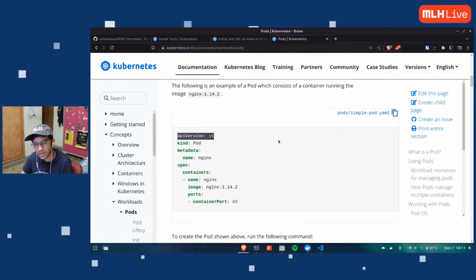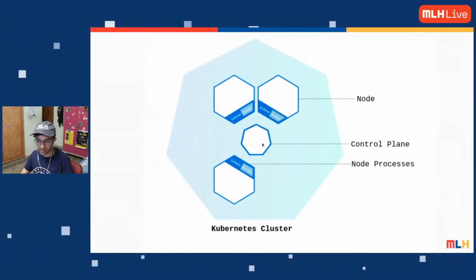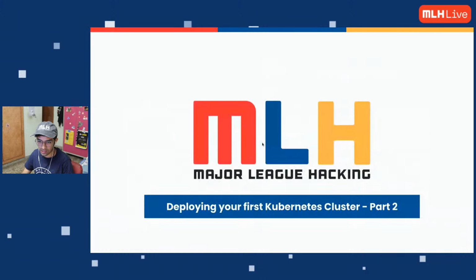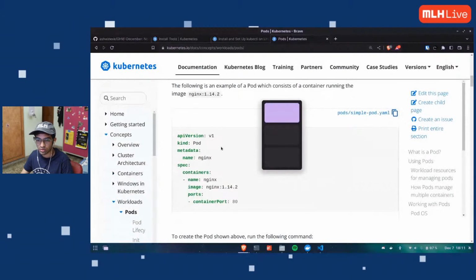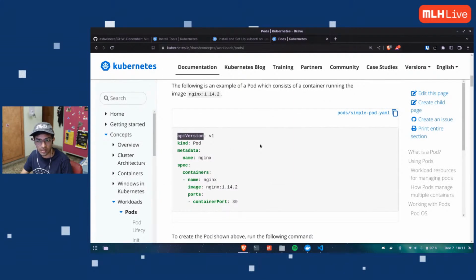The first line says API version. Now Kubernetes, the control plane node, does not go to a node and say, hey, do this. No. Remember, everything is microservices here. If I go to my slide from yesterday, yeah, these arrows are the APIs. Kubernetes uses the API to talk to them. So the first line tells what version of API we are using. We are using the first version of API in Kubernetes. That's by default.